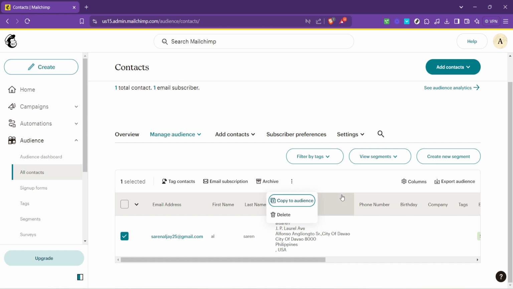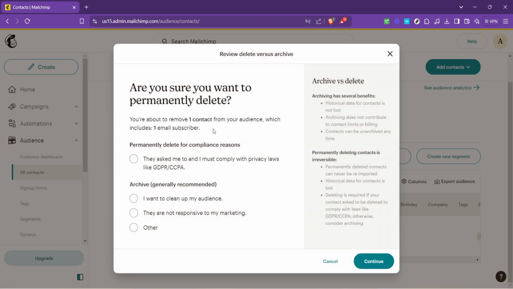When you click on Delete, Mailchimp will ask you to confirm your action. This is a critical step, as deleting a contact is a permanent action and cannot be undone. If you're sure that you want to proceed, go ahead and confirm your decision, and voila, the contact will be